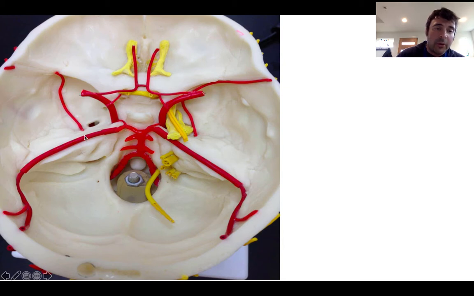This big one projecting toward the posterior portions of the brain here is what's called your posterior cerebral artery. So vertebral arteries to basilar artery to the posterior cerebral arteries. We also have our cerebellar artery right here, which feeds a really important brain structure called the cerebellum, and other branches of the basilar which feed brainstem regions, but they're not on your list and I'm not worried about them,